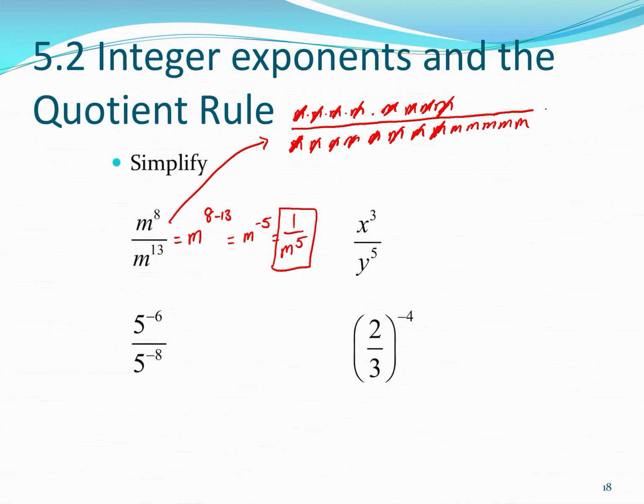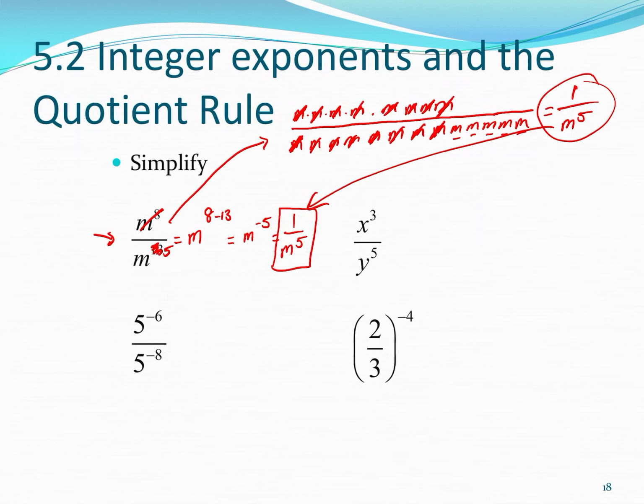Well, then there's another m on top and m on bottom. And there's another one and another set. And so what happens is you end up having a bunch of m's that cancel out. And so when you get finished canceling all of those out, what's left? Well, on the top, there's not any m's. That's an understood 1. And on the bottom, you have 1, 2, 3, 4, 5 m's being multiplied together. That's m to the 5th. The same answer that we had here, but if you just think about, okay, what cancels out, it's a lot